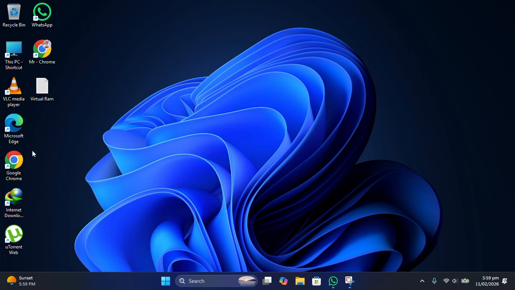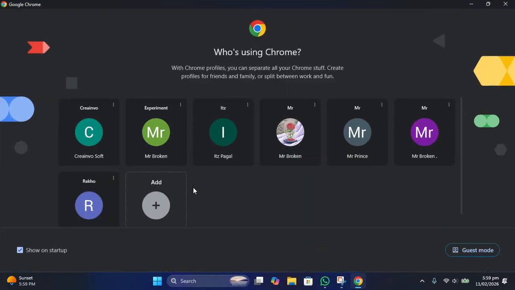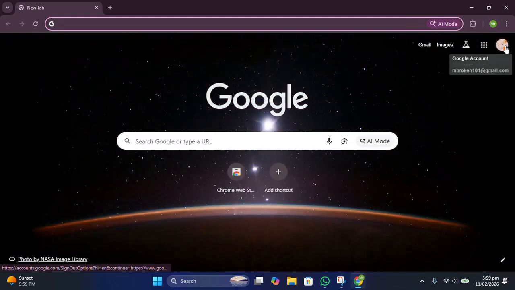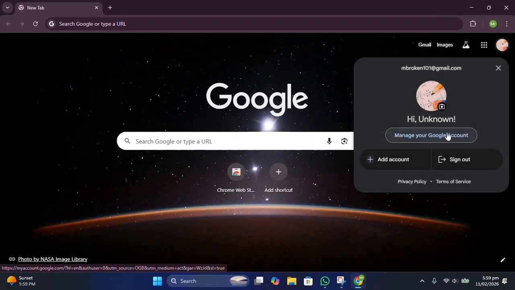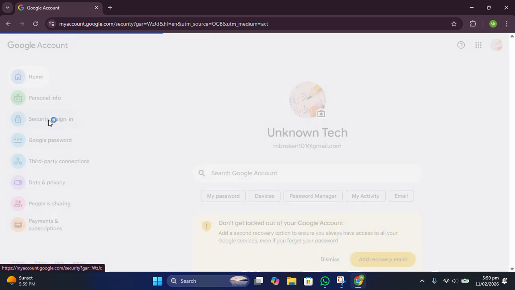You just have to simply open your browser and here just select your account for which you want to add or enable the two-factor authentication. So let's say I'm going to select this one. And here just click on your profile photo or your Google account and click on manage your Google account, and on this page you just have to select security and sign in option. Just click on this,